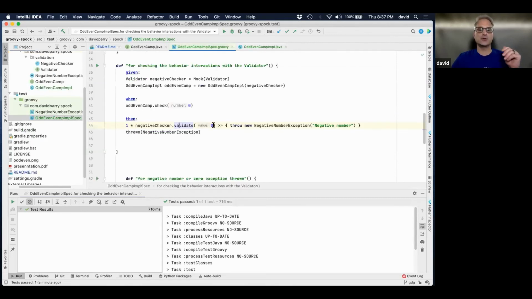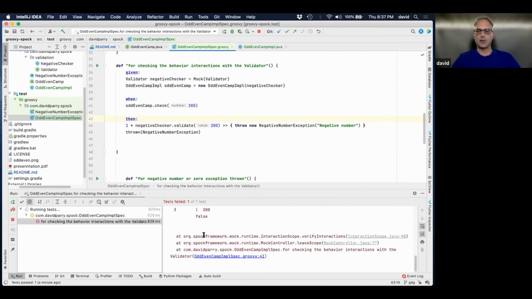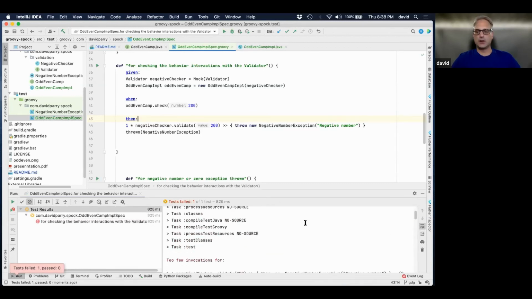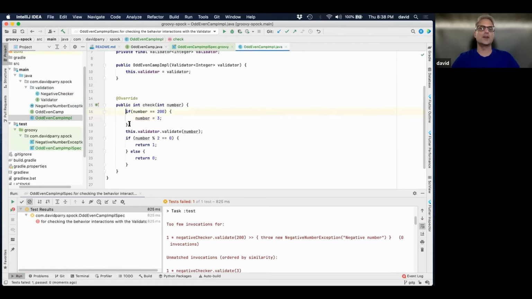So if I pass in a 200 here, I'm expecting 200 to happen here. Don't you think? That validate should be calling it. So if someone went and changed that code and we ran our unit test, we're going to get an error now. And why? Because we got 0 invocations, because someone came up here and started changing code and ruined the contract of what we needed. And we were like, look, you're not supposed to be doing that.